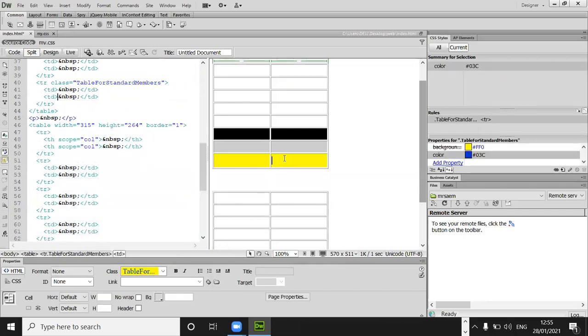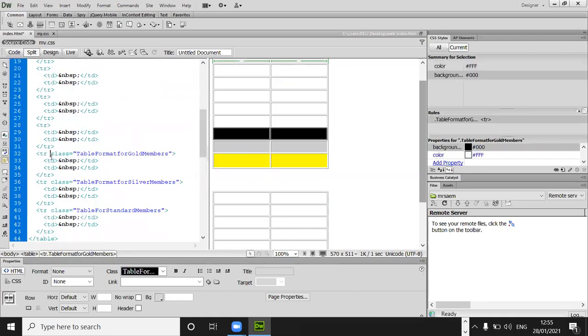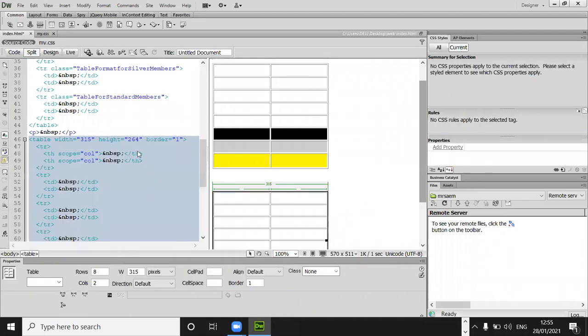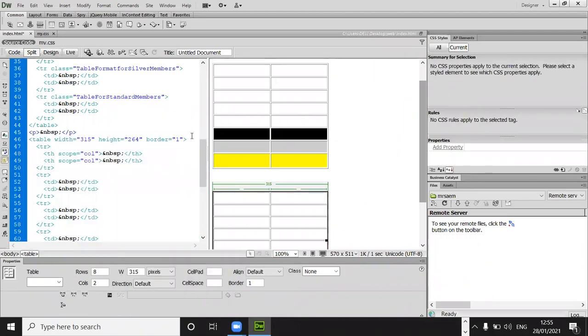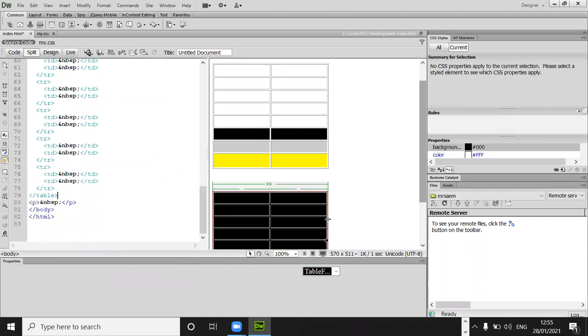Well, how is it working? You see, this particular row, TR, class, we have defined this as which class? Table format for gold members. As you can see over here, this is how this has been defined. So let's say if I want to define this entire table, very simple, I could simply come over here and press Control V. So if I do that,